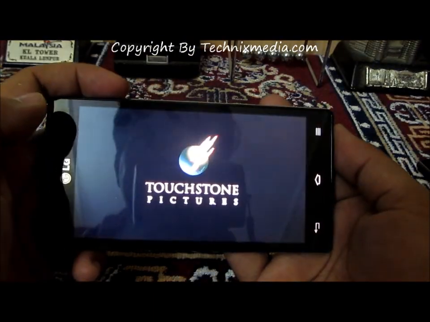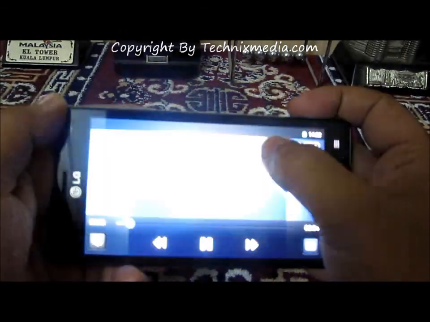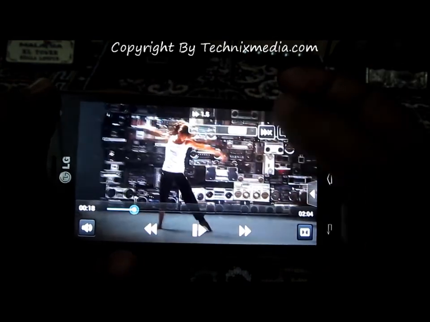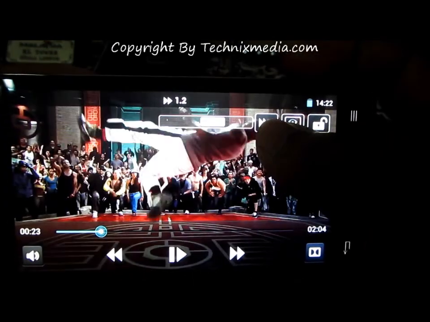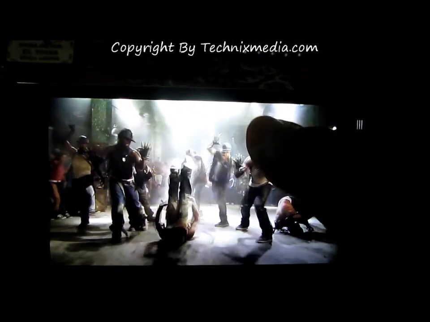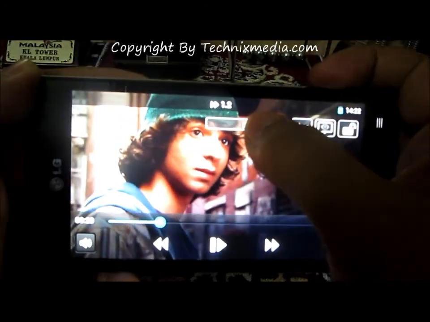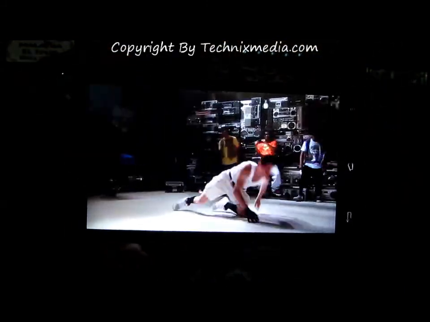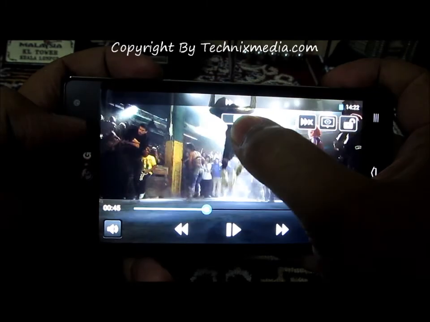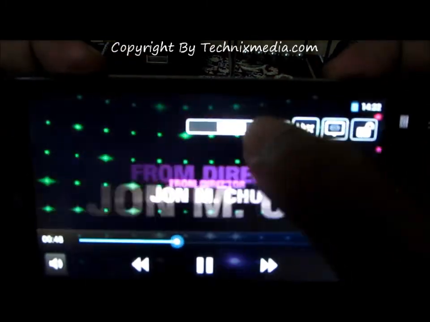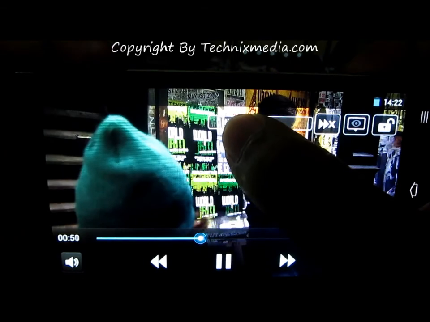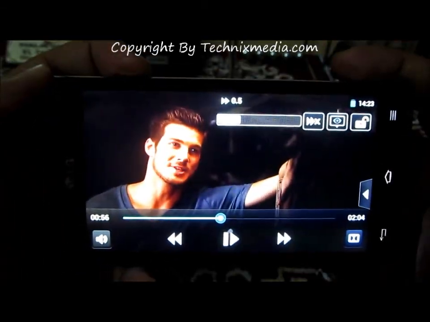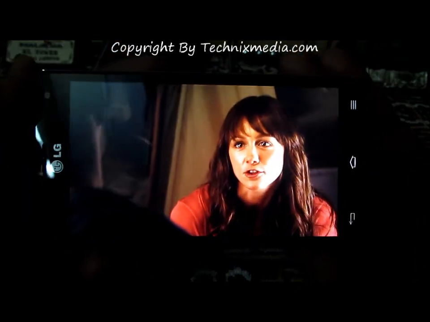so under the video player, you can control the speed of the playback of the video. You just need to tap over here, and then you can slide this particular slider to increase the speed of the video so that it plays in a fast forward mode, as you can see. And if you want to take it to the normal level, you just need to make sure that the number which you see above the slider is 1.0. And if you want to make the video slow, you can move the slider backwards, and this is how the video will be slow.